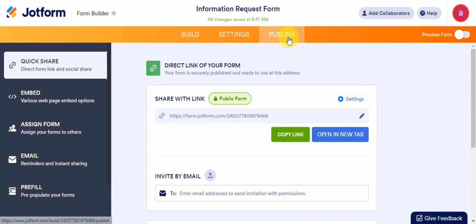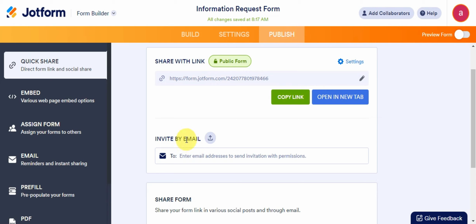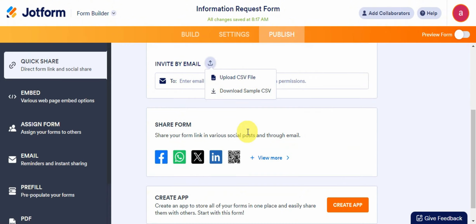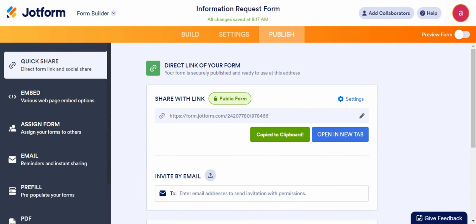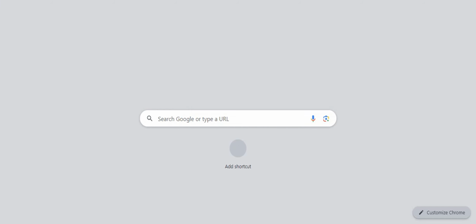Right after, it will give you an option to go ahead and publish your form. So you could copy the link and send this out to your friends or you could invite them by email. So we have the share button as well. In here, you could upload a CSV file or download a sample CSV file. So let's try to copy that link out and let's try to go ahead and